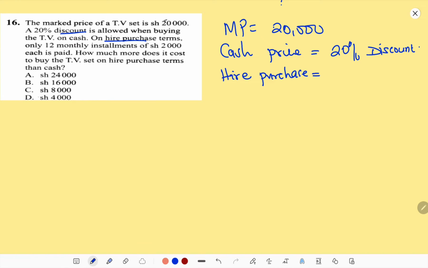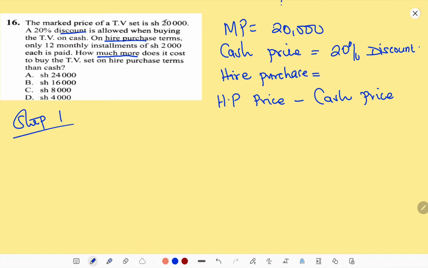Okay, because the question is, how much more does it cost to buy the TV on higher purchase terms than cash? After we calculate the higher purchase, we are going to subtract, let's call it HP, higher purchase price, we subtract the cash price. Okay, because we want to know how much more. Okay, step number 1, we need to calculate the cash price,